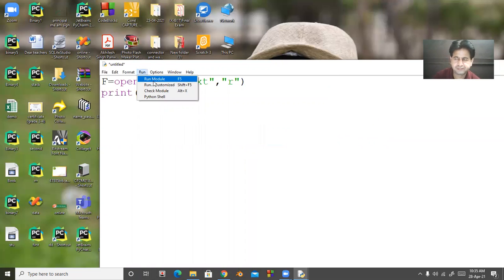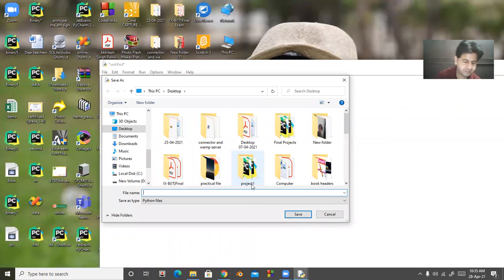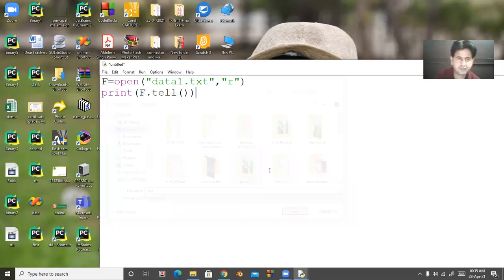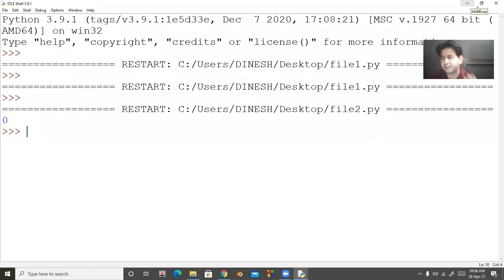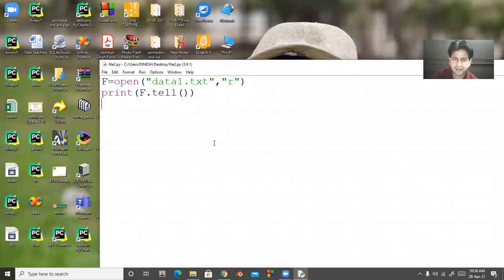I run the program. Look at the screen, it is 0. So the tell function will tell us the location of the cursor, which location the cursor is on at this time. Because no reading work has happened yet, the cursor location is at 0, meaning before any text.